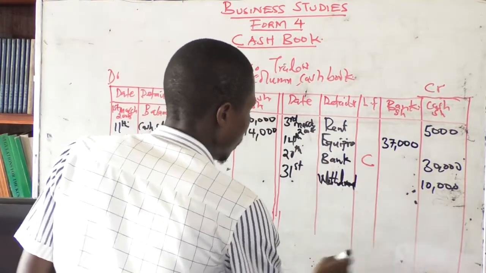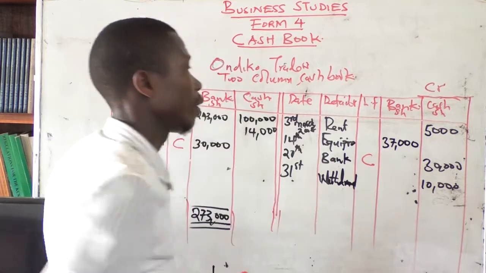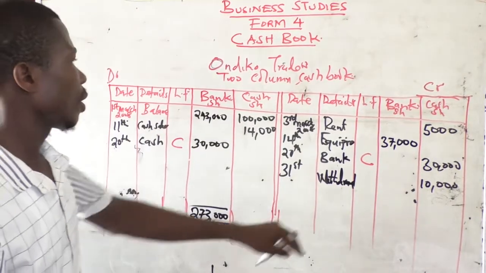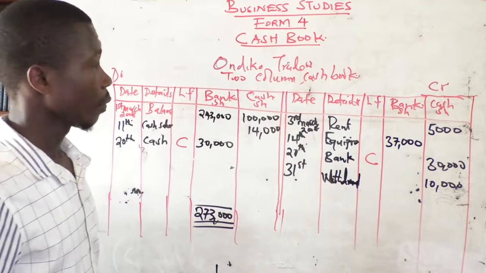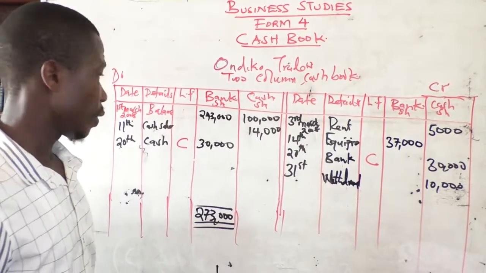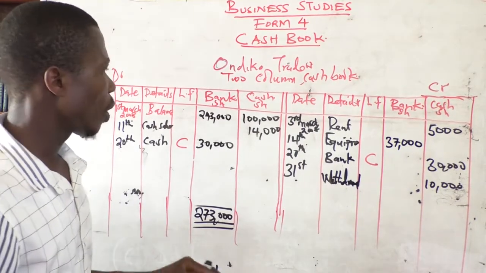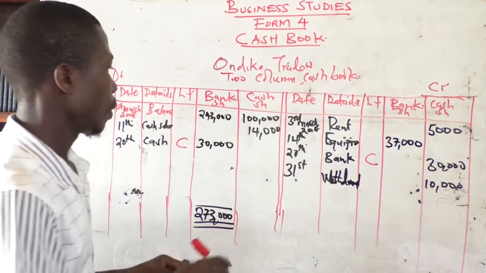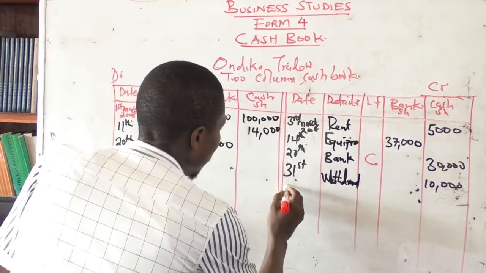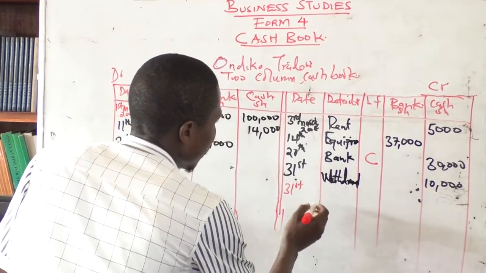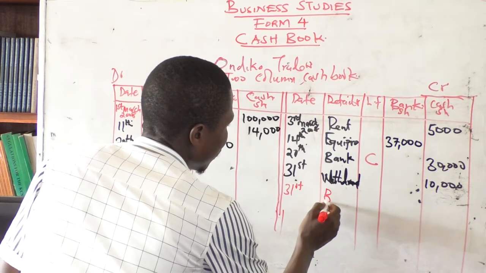Here we have 37,000. So 37,000, if you compare with this, they are not the same. So what are we going to do? We are going to introduce what is known as the same date, 31st, which is the last date. Balance